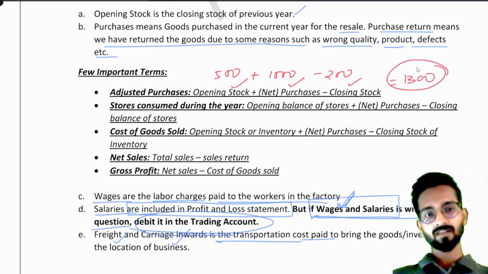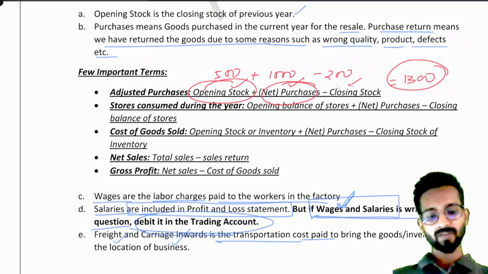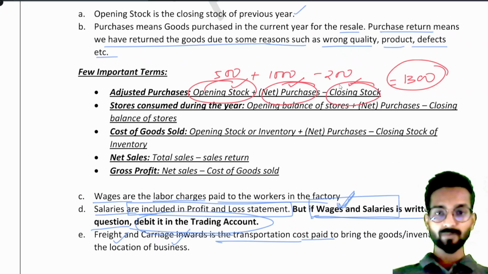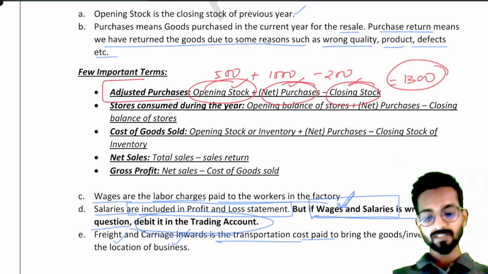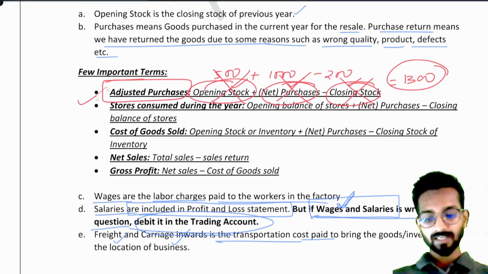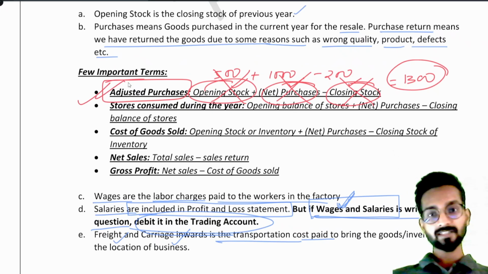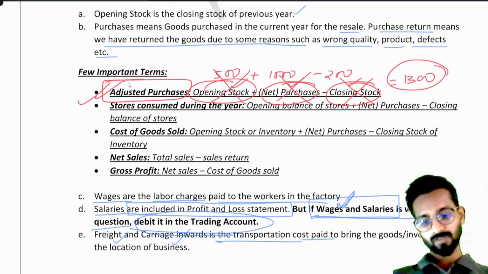But sir, why are we learning this adjusted purchase? Understand, in our trading account, we are writing opening stock, purchase and closing stock. But if in the question they directly give us adjusted purchase, then we will not write opening, we will not write purchase, we will not write closing. We will directly write adjusted purchase in the trading account. Understood? That is the purpose of these important terms. After this,